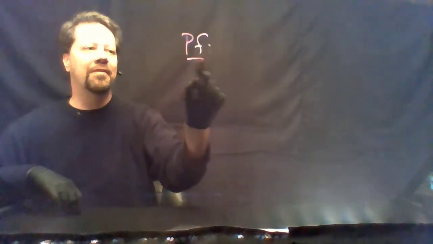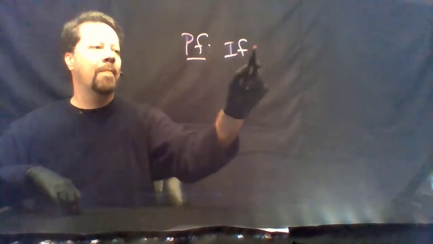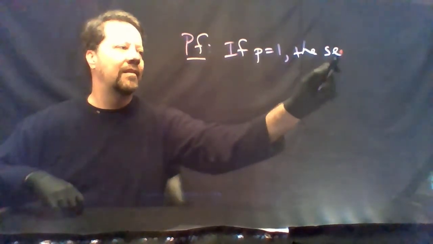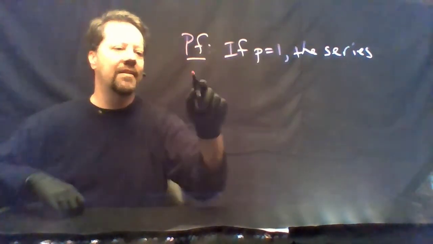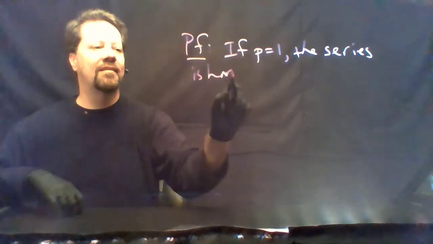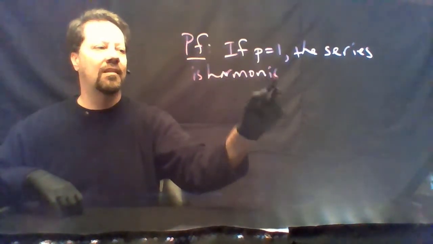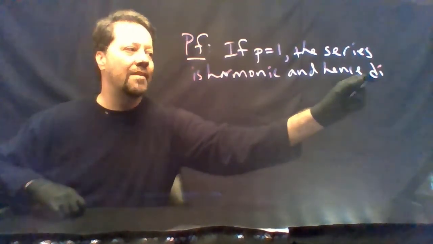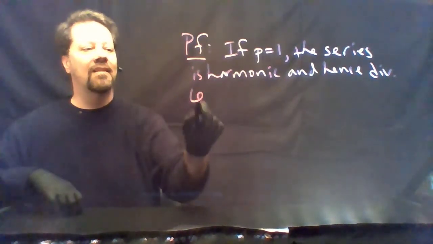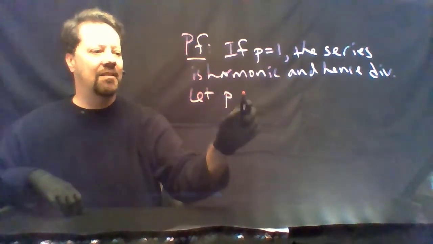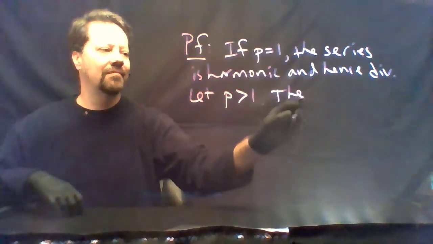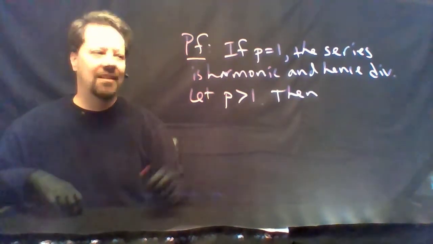So in our proof, the first thing we'll note is that if p is equal to 1, the series is harmonic, and hence diverges. Let p be greater than 1. Then